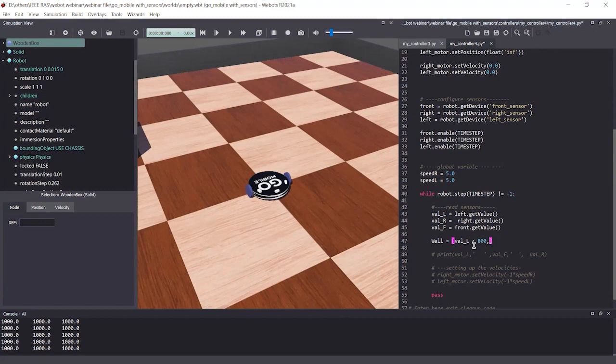You will see what will happen when I print this array. This is for R and this is for front. Then I'm going to print this wall array.